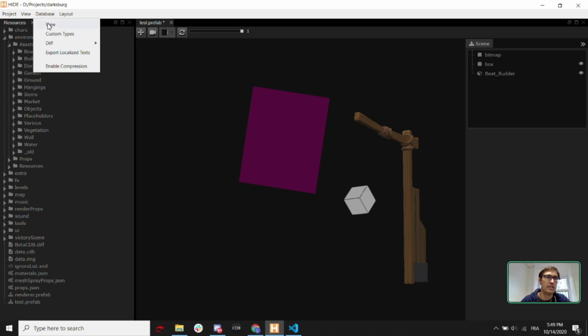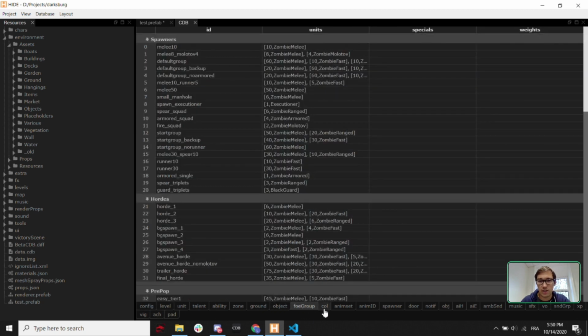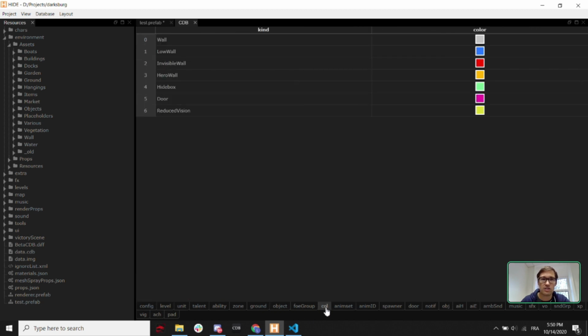It's here in database view. In database view, you can see your CDB data. For those not familiar with CDB, CastleDB, it is a structured database. So you have different sheets here. Each sheet has its own columns. So it's a bit like an Excel,